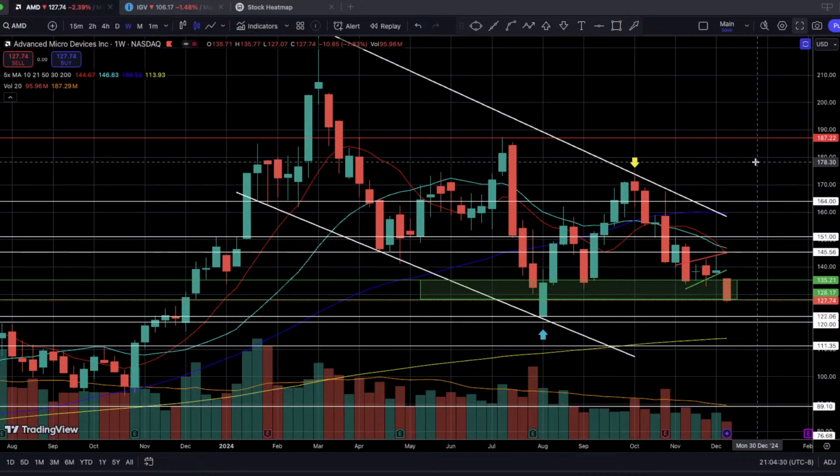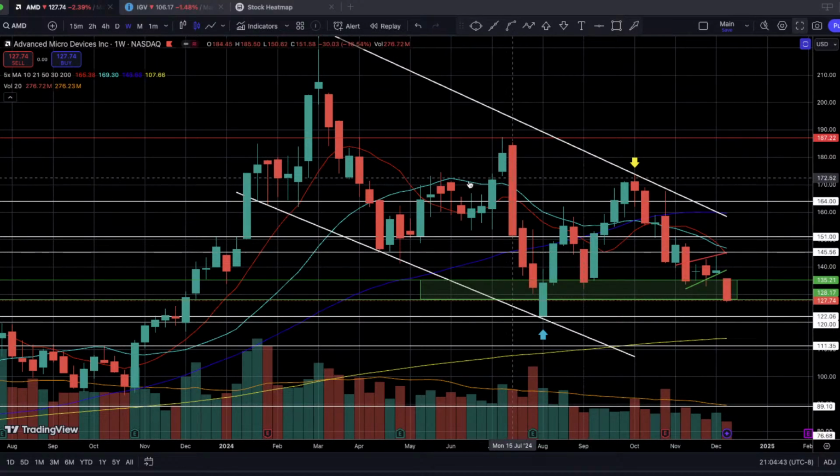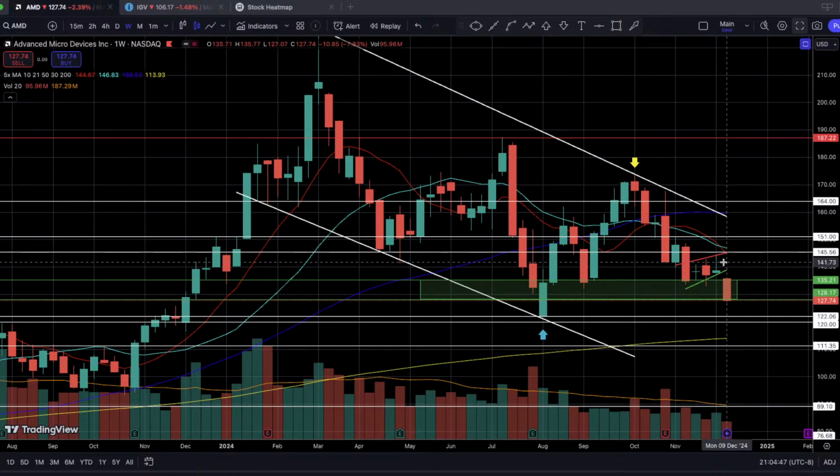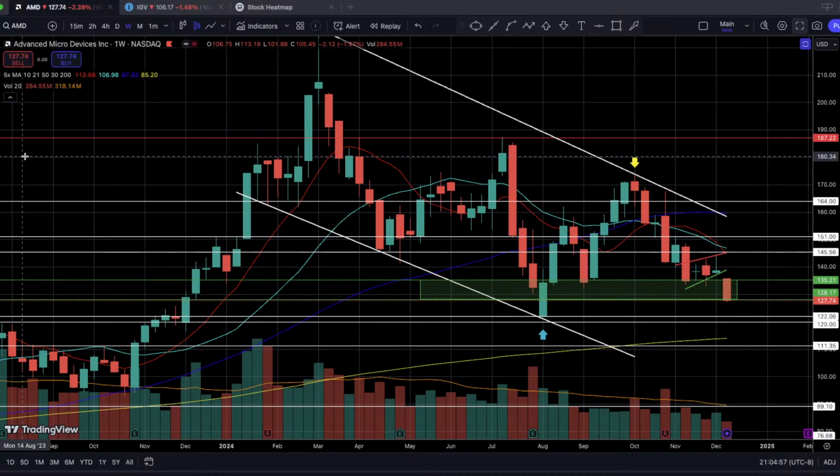I'm just spitting out speculative comments at this point about the turnaround for AMD, but again, not seeing a turnaround anytime soon. Okay, the overall sector is weak, and the overall leaders like AMD, which in itself is a leader, has been lagging for the most part of this year and is now seeing other leaders going down with it, like NVIDIA today. Okay? All right. Well, that is it for me, guys.